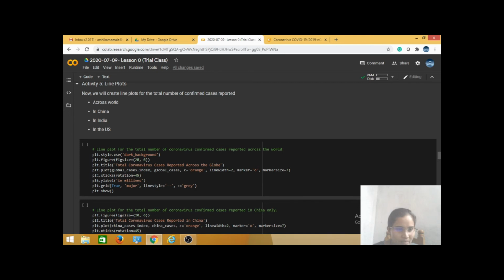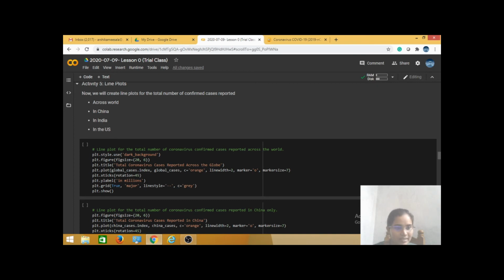And the next statement is plt.xticks rotation equal to 45. Whenever I use this statement, the x labels are rotated by 45 degrees. And next statement is plt.ylabel in millions.